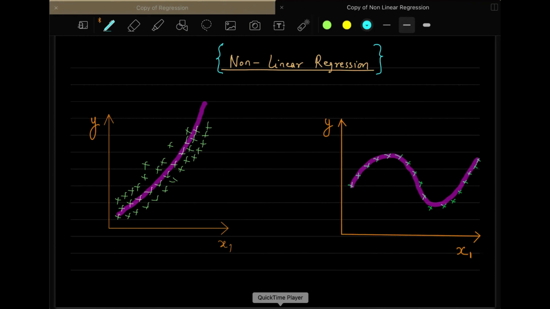But because it's a fundamental course in artificial intelligence, we have to understand this. Though it's a drawback, it's not that much. It still works, so we are studying it. So this is nonlinear regression, and you see how now your y will be x square here, and here your y will be x1, and here your y will be sine of x1, because this data is moving in a sinusoidal form.